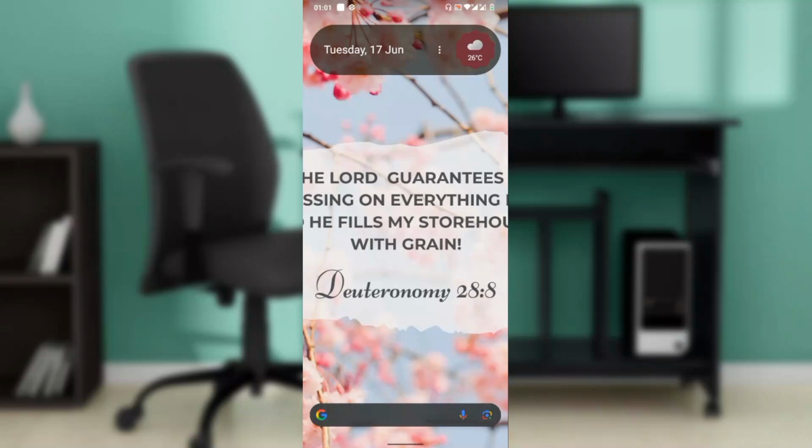Hello, in this tutorial I'll show you how to change app icon size on Android. Whether you're using a Samsung, Pixel, Xiaomi or OnePlus device, I've got you covered in how to get this done. Now for Samsung Galaxy devices, One UI 6.1 Plus, all you need to do is to head over